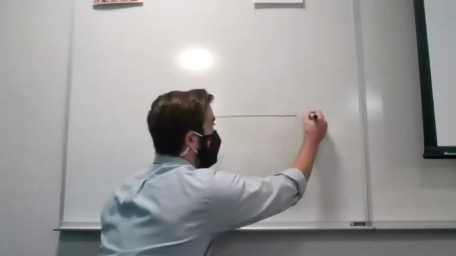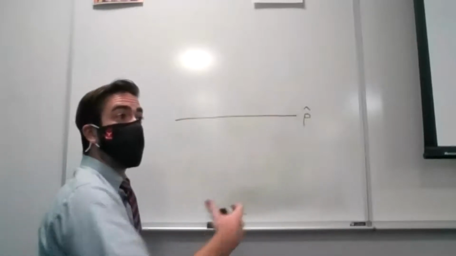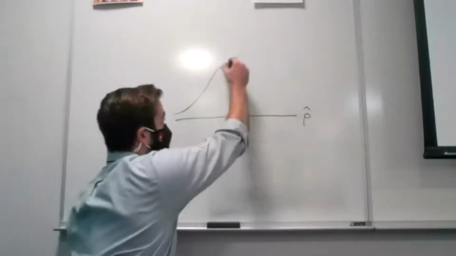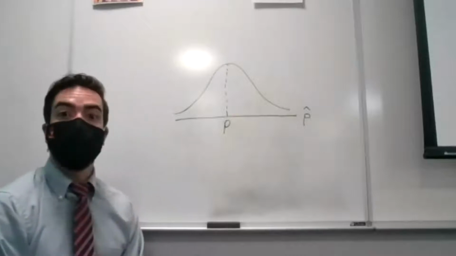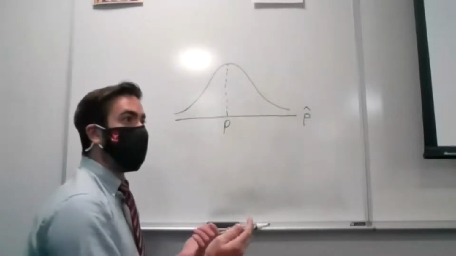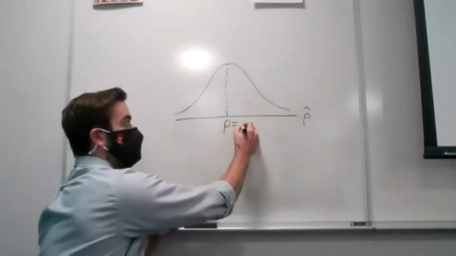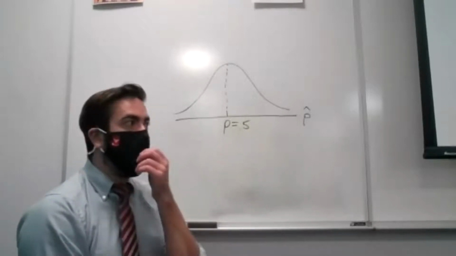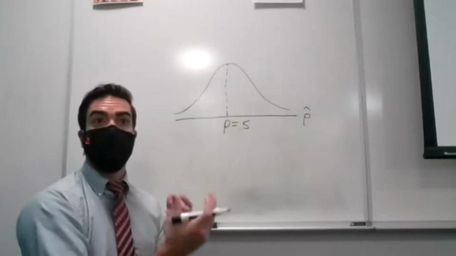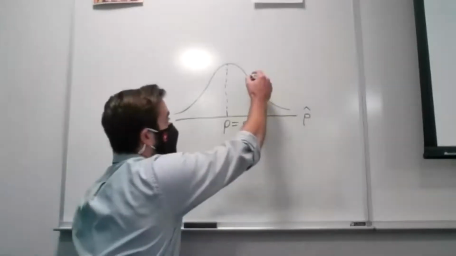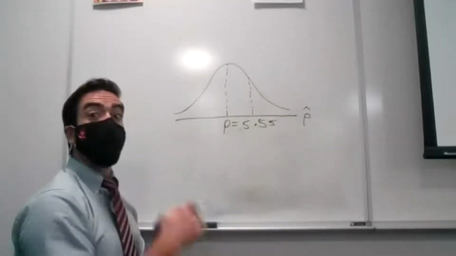So what I know is going to be true is that the distribution of my sample proportions, just like for the sample mean, and remember, the sample proportion is just the mean of a 1, 0 variable, will be normally distributed around whatever the true population proportion is. For a coin flip, what should that true population proportion be? Just 0.5. We want to be careful here when we say things like 50%, but we're dealing with proportions, which should be between 0 and 1, so 0.5. We wanted to know the probability of seeing 0.55 or greater.